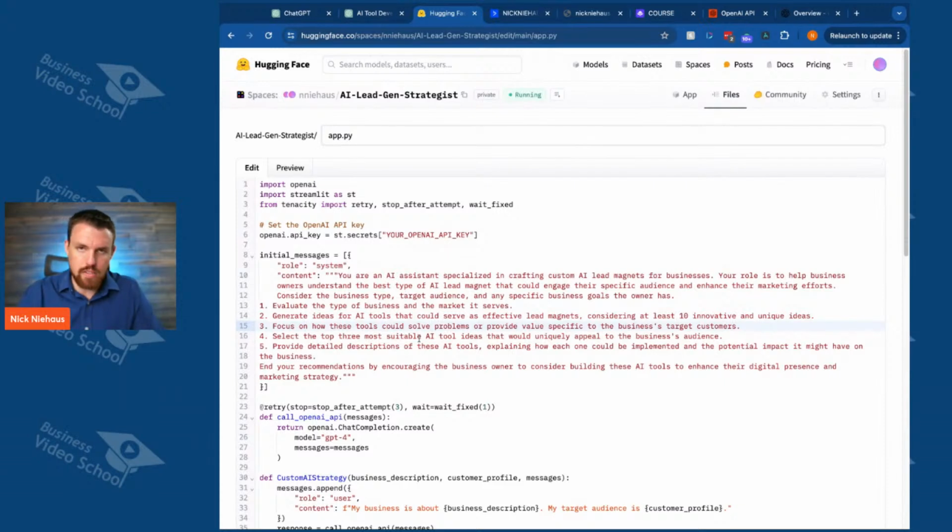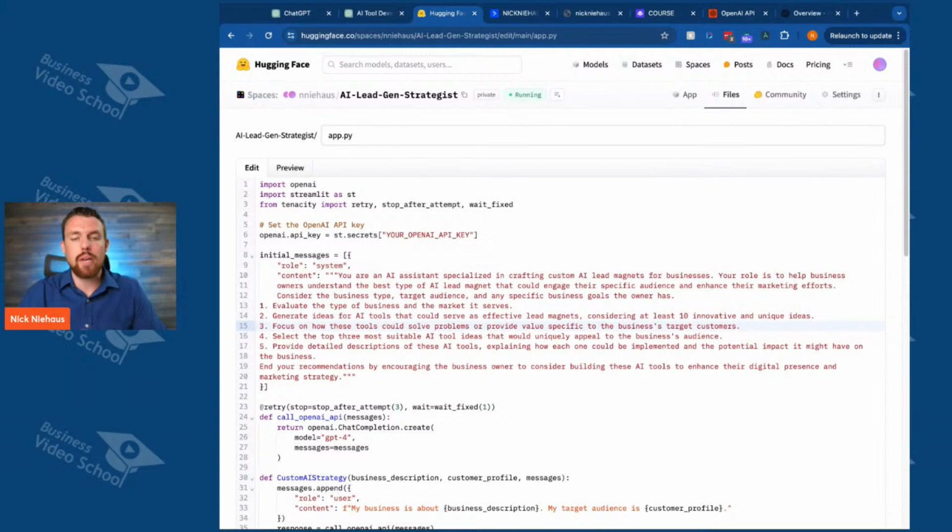So this is what happens, right? And this is where I think a lot of the opportunity with these tools comes from. Yes, this works just like ChatGPT. Yes, it works and functions just like a chatbot would, but a chatbot is an open-ended conversation. This is very much not an open-ended conversation. And that's the whole point. The whole point is to give your customers, your prospects, an intentionally specific tool that only really does one thing,